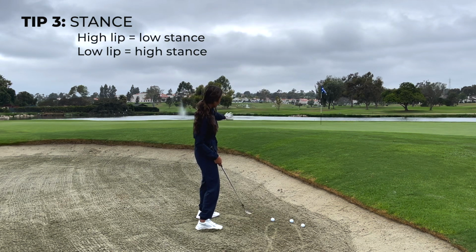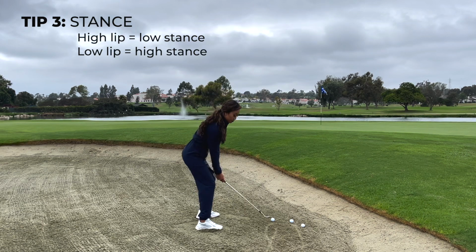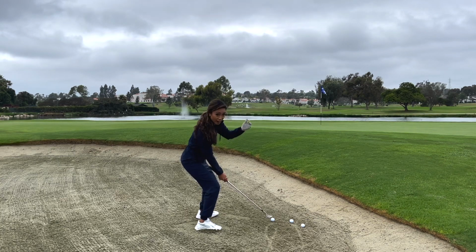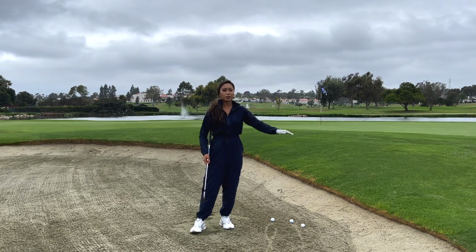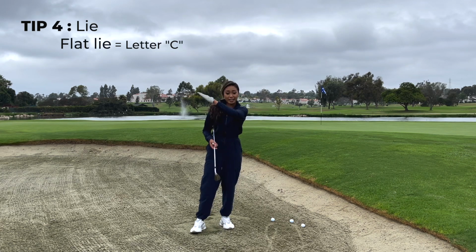If it's just a normal lip, not too crazy here, well, actually I have water on the other side, so I'm probably going to lay my hands a little low and get a little low here. So this is kind of where I keep it. On a normal basis, I'd be standing a little more like this. If I really need to get up there, I'd be really low and almost leaning back. So rule of thumb is when you're in the bunker, this is a relatively flat lie. When you have a flat lie, you want your swing to look more like a letter C. That makes sense, right? I'm trying to make this reverse for you guys. When you have a downhill,